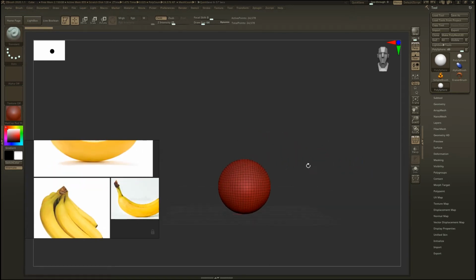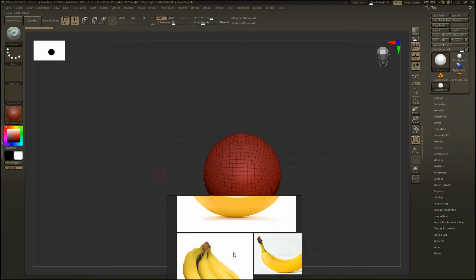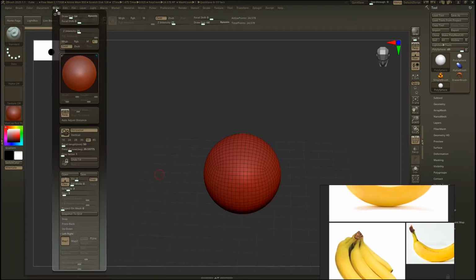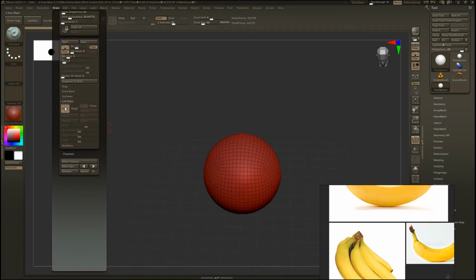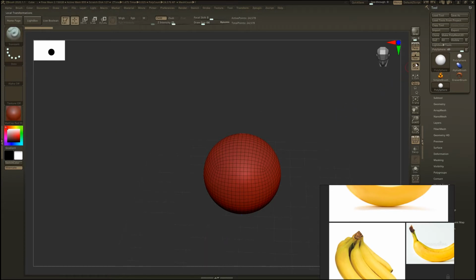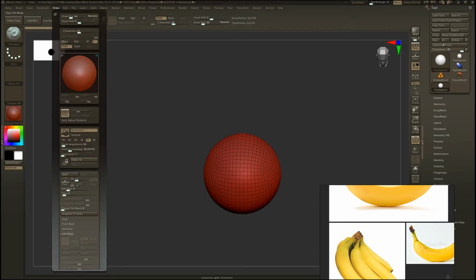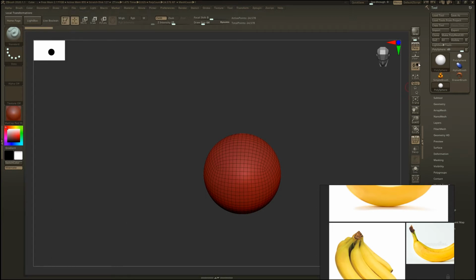But now I want these references in the background of our canvas. So to do it, go to Draw. But make sure you press Shift P or make the floor active from here. If you do not have an active floor, this option will not activate. So make sure the floor is activated from here.